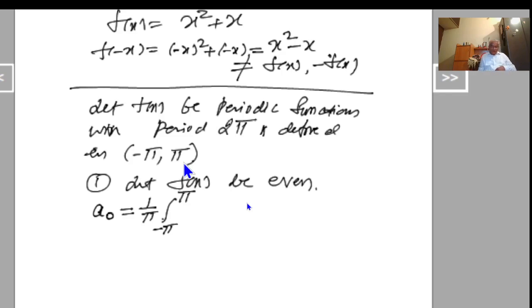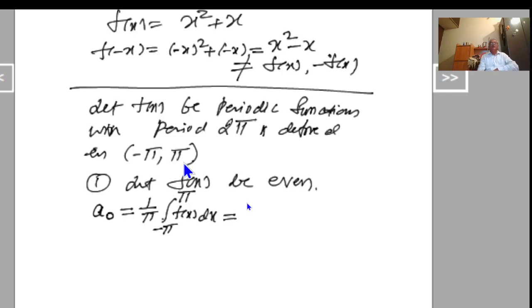So a naught is 1 by pi into the integral from minus pi to plus pi of f of x dx. I have taken the interval minus pi to plus pi; you can take minus L to plus L. Now this is equal to, see here,